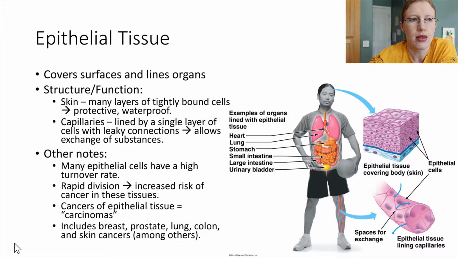So just due to the fact that they divide a lot, this means that if cancer is going to happen, a lot of times it ends up being in epithelial tissue, just because that's where replication is taking place, and mistakes occasionally happen during replication. So many of the familiar cancers are actually cancers of epithelial tissue. Some examples of that would include breast cancer, epithelial tissue that's an inside surface of the breast, prostate cancer, lung cancer, colon cancer. The colon, this is the large intestine, that's part of the digestive tract, and sort of same